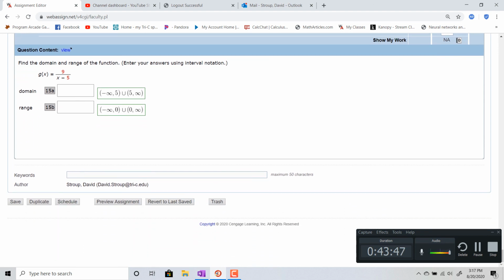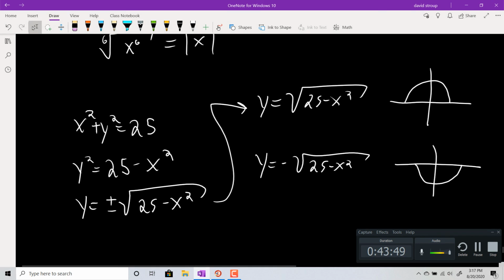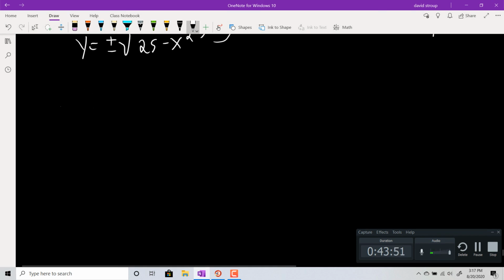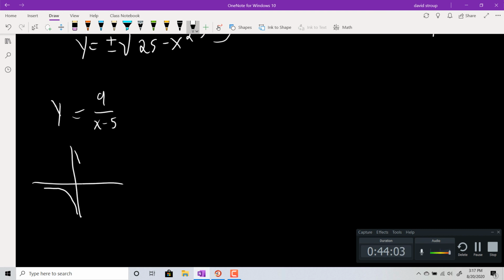We can look, sure, let's look at that last one. 9 over x minus 5. We want the domain and range. This is basically just a shifted version of our rational function. This guy that looks like y equals 1 over x. The asymptote in this case is where x is 0, right? Where the denominator is equal to 0. That will give you the